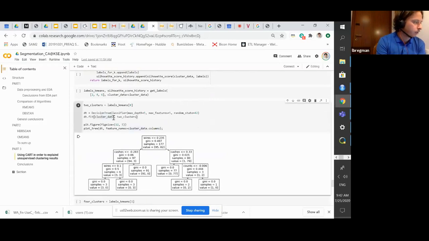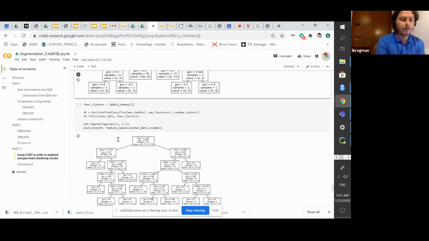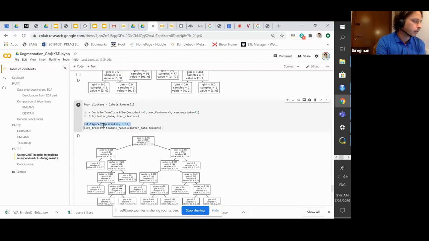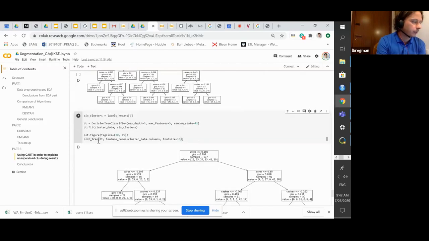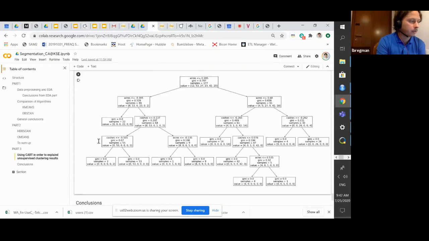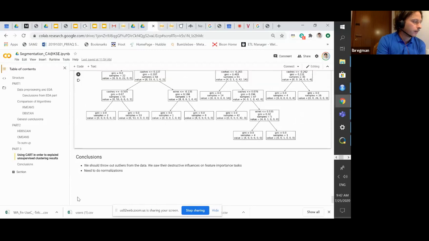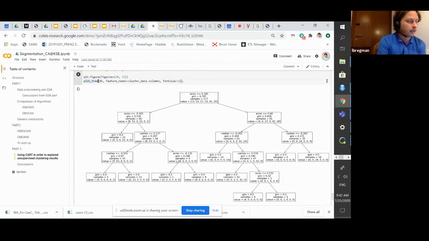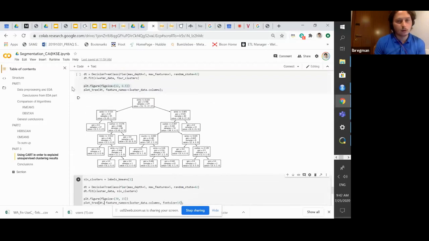But try to invest some good time into running those notebooks and understanding how those things work. As you can see, those trees can be pretty detailed. It's a whole different area, the trees themselves. But I guess the most important thing for you to understand is that it's possible and what its limitations are.